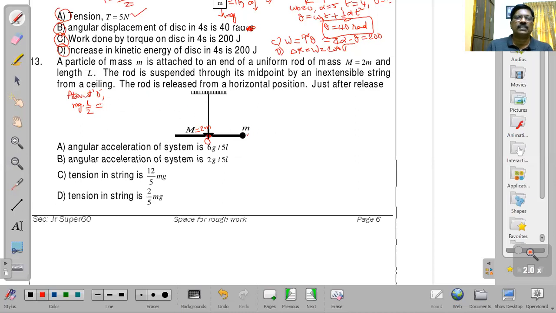I means the moment of inertia of the system about this axis. Moment of inertia of the system about this axis means rod moment of inertia is there, particle moment of inertia is also there. Rod moment of inertia is M L square by 12, capital M L square by 12, plus the moment of inertia of the particle means m into the perpendicular distance of the particle from this axis of rotation, which is L by 2 whole square, that means L square by 4, into alpha. So everything is given, except L, everything is given. Then if you simplify after substitution, you will get alpha is equal to 6g by 5L. So that answer is correct.